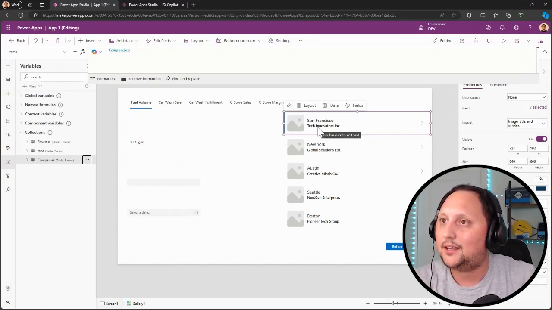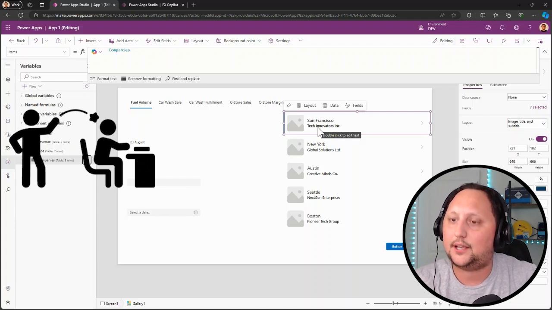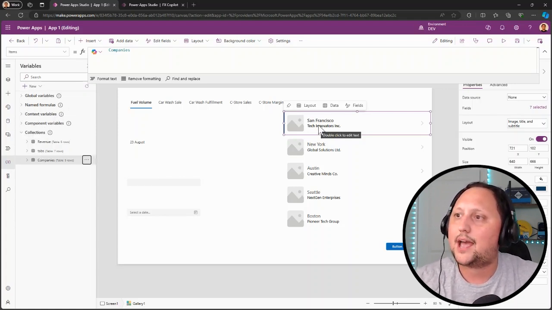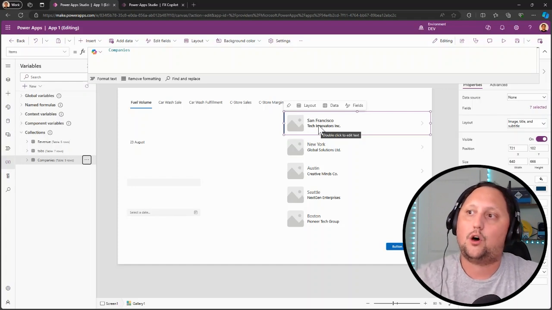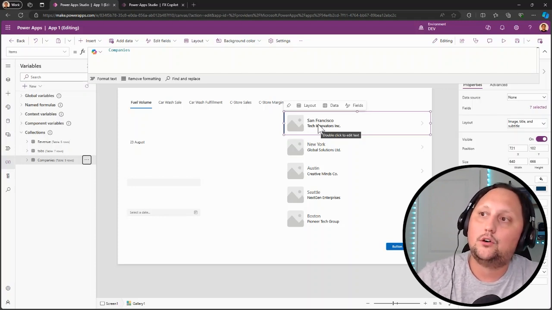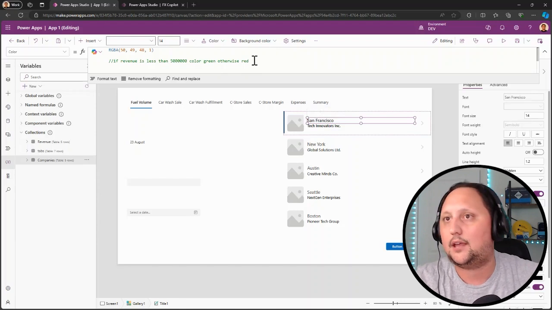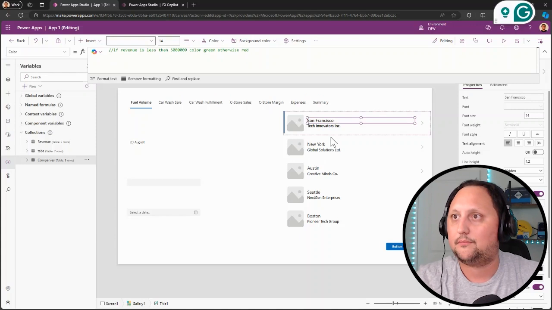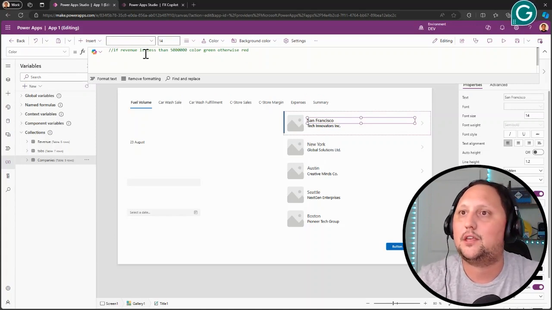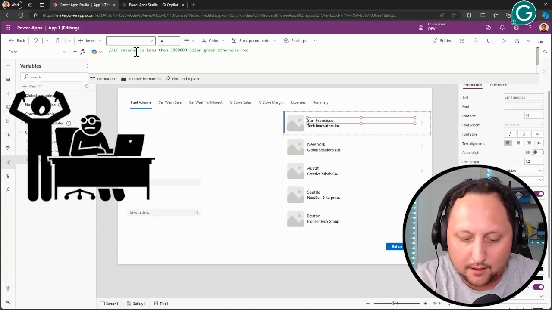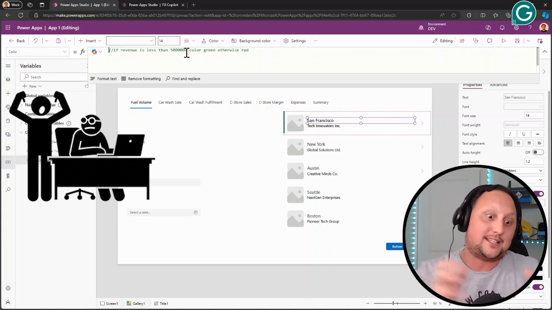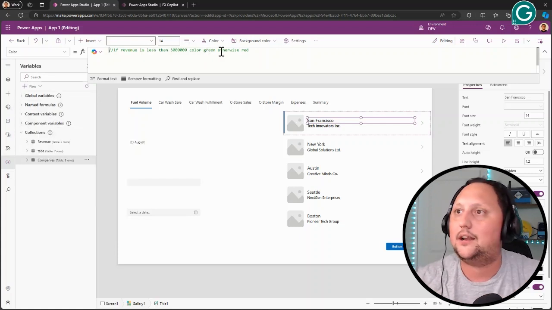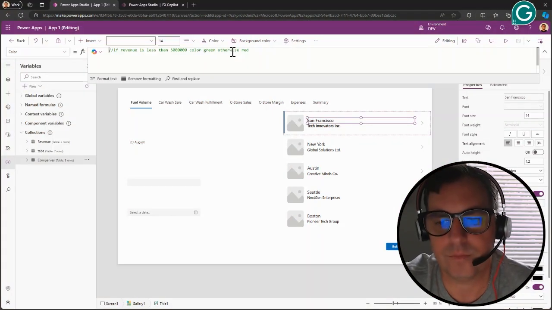So I can click here, and I have the example here just to show you. If the revenue, I am not showing the revenue here, of course, because I only want to show the company and the city. But if the revenue is less than 5 million, we need to have the color green. And otherwise, if it's bigger than 5 million, should be red. Could be different. If the revenue is bigger, I like it in a different way, bigger than 5,000, color green. That means that it's a healthy company. Otherwise, red. And as you can see here,